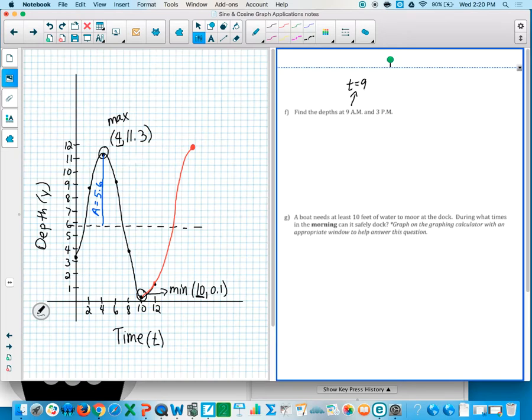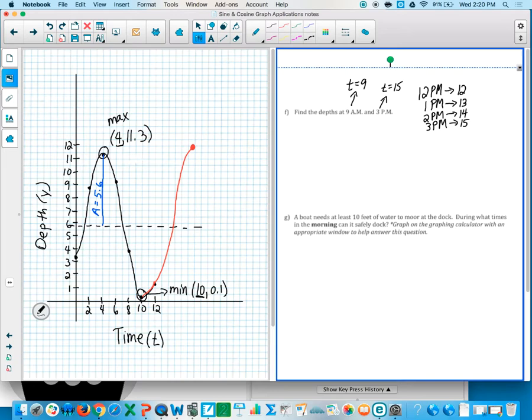3 p.m., not so much. So at 12 noon, it was 12. So kind of like Army time, it's going up by 1. We're getting more like a 24-hour clock. So 12 p.m. is 12, 1 p.m. is 13, 2 is 14, and 3 is 15. So we would want to plug in 15 to our equation